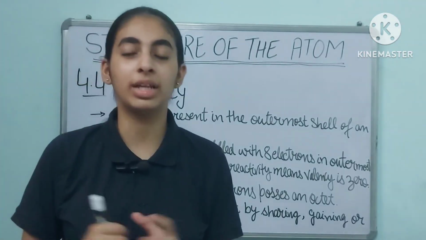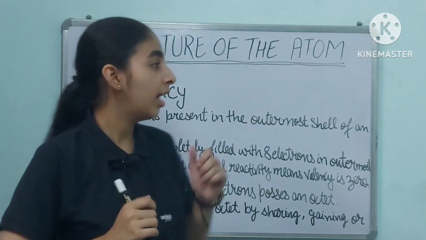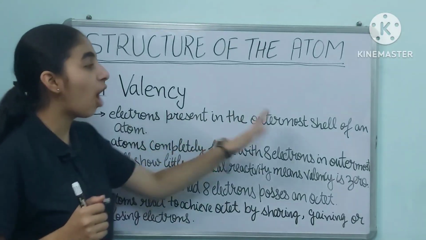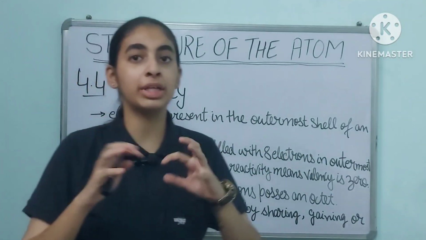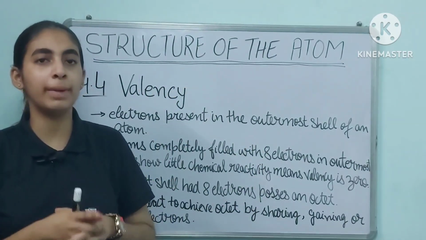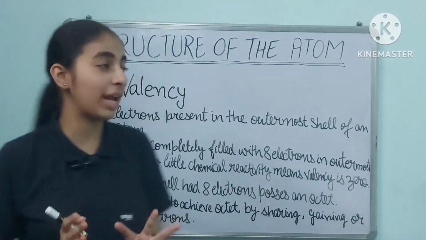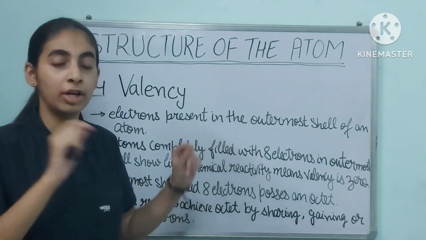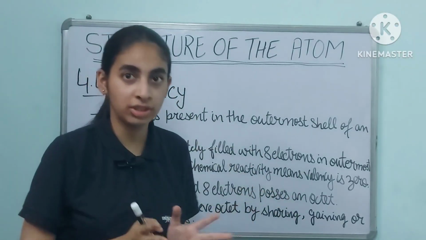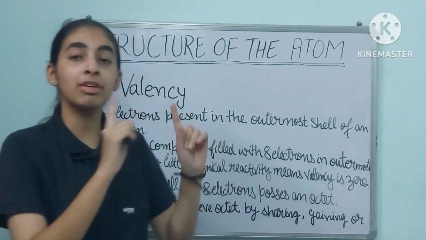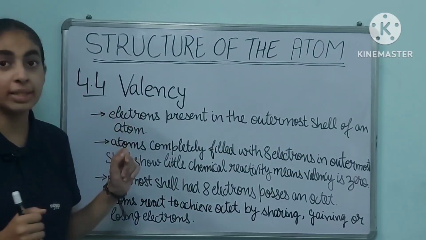So the next topic is valency. We have learned how electrons are arranged in different shells and orbits. Here, the number of electrons present in the outermost shell of an atom is known as its valency. If you are distributing the electrons of any atom, and you are filling the N shell, then the N shell will be the outermost shell, with however many electrons are present in it. If you are filling up to the L shell, that is the last shell to fill, so that will be the outermost shell. So the electrons present in the outermost shell of an atom are known as its valency.